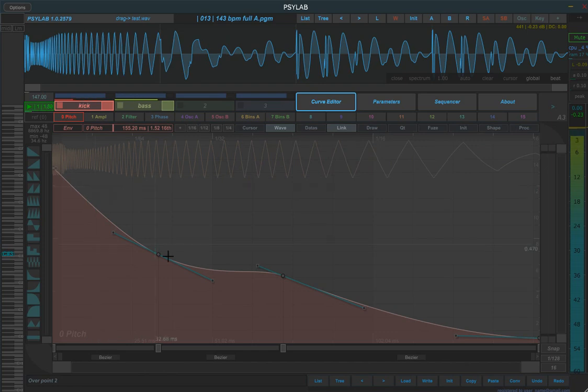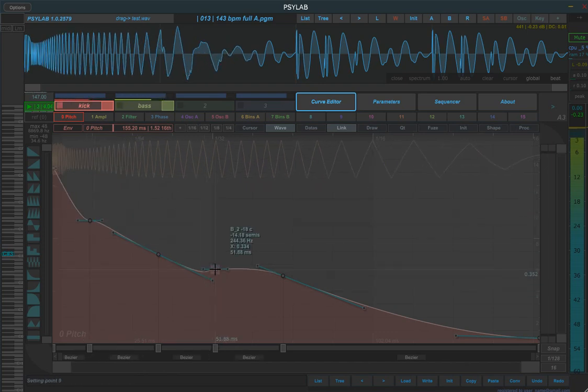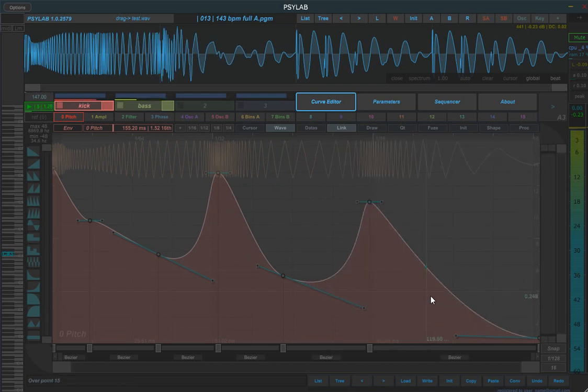You can also double-click, but here it won't. It will change a bit. It's more if you want to go and create points. It won't preserve the shape. You can also select